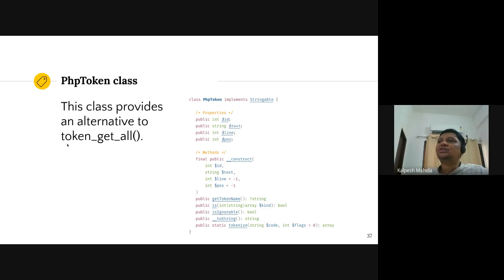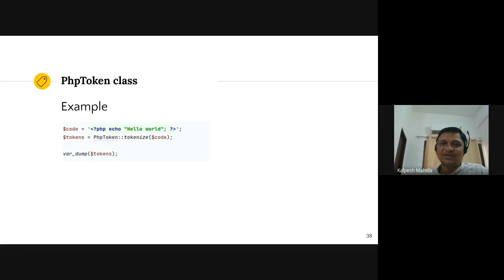So this is actually an alternative to the token_get_all method of the PHP standard library. This can be used mainly when you are, let's say, creating a parser or creating your own language kind of stuff. So an example could be like this: let's assume you have PHP code,